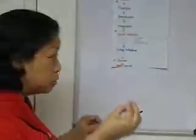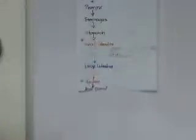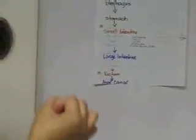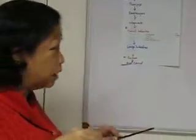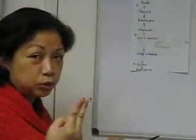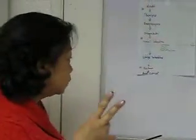This chyme goes through the ileocecal valve. The ileocecal is also like a sphincter. It goes down from the ileocecal to the large intestine. Now, the large intestine consists of two parts: the cecum and the colon. So from there,